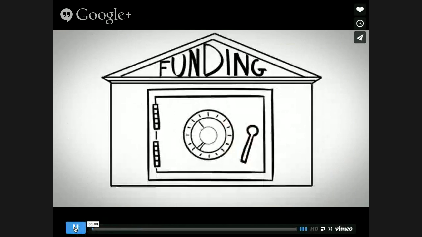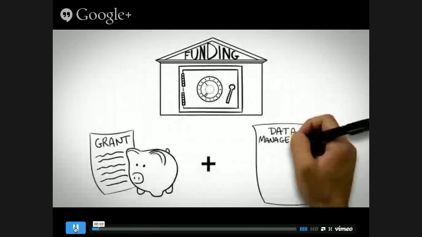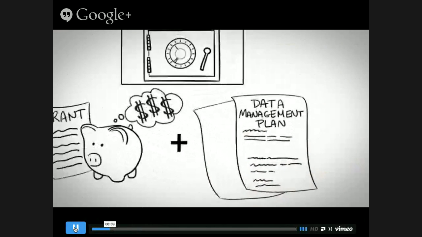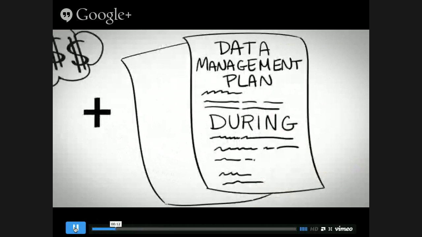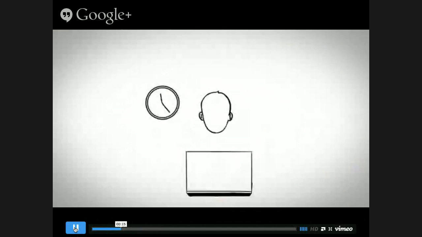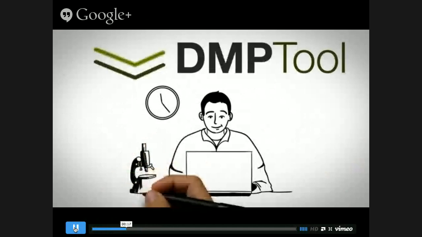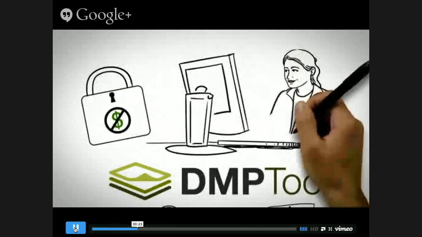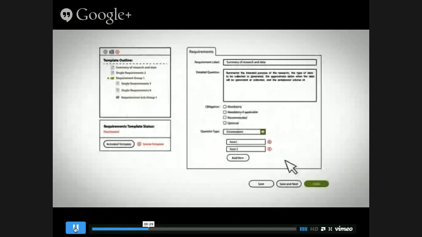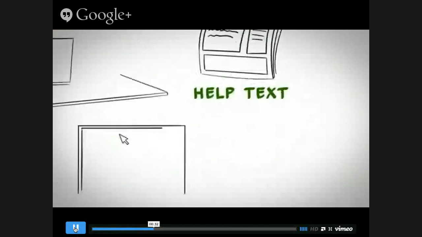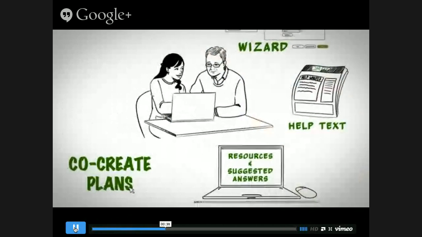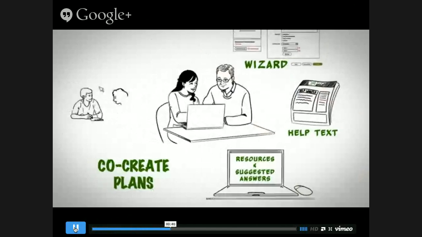I'm becoming a power. Many funding agencies are requiring researchers to submit a data management plan alongside their grant applications. These DMPs are an outline of what the researcher will do with their data, both during the project and afterward. The DMP tool can help researchers create DMPs, saving them time and helping them meet funder requirements easily. It's free for anyone to use, and the code is open source. The DMP tool guides the user through making a plan with a step-by-step wizard that provides help text, resources, and suggested answers. And researchers can co-create plans with colleagues, submit their plans to institutional administrators for review and assistance,